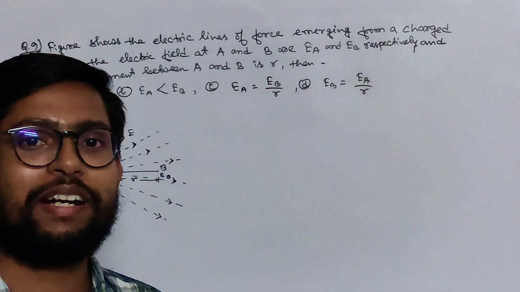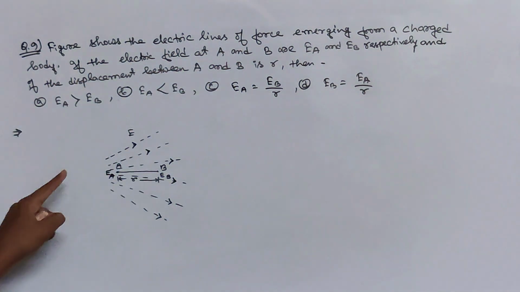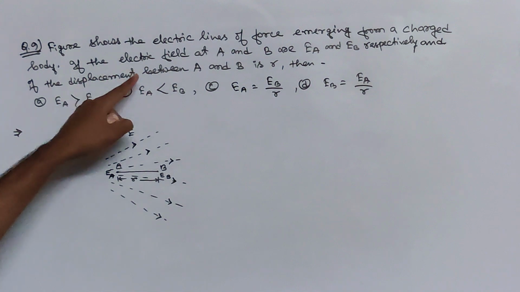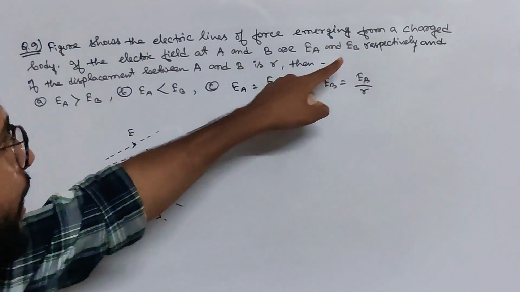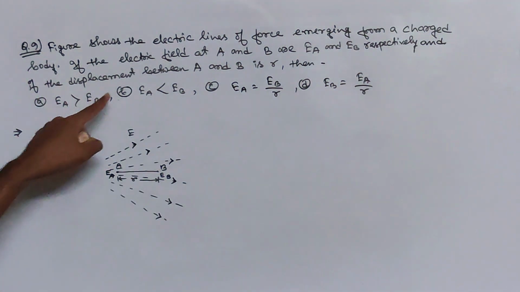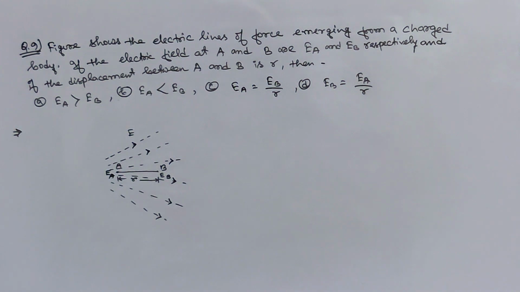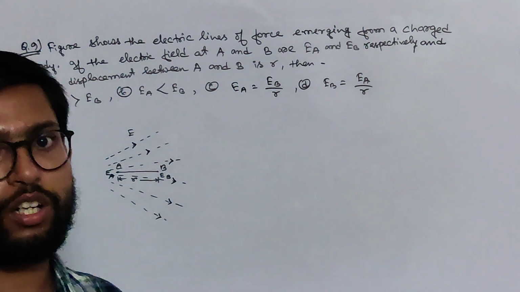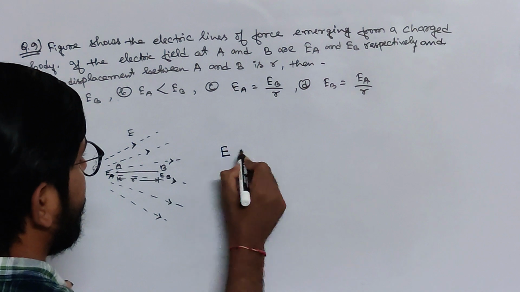Okay, question number 9: the figure shows the electric lines of force emerging from a charged body. If the electric fields at A and B are EA and EB respectively, and the displacement between A and B is R, then you have to choose the correct option from these 4 options. What we know from the expression of electric field is that electric field is proportional